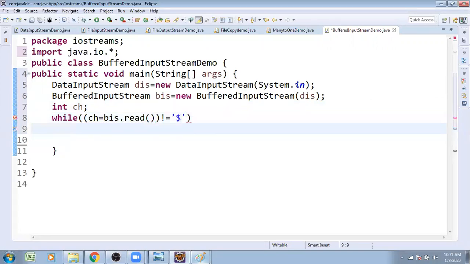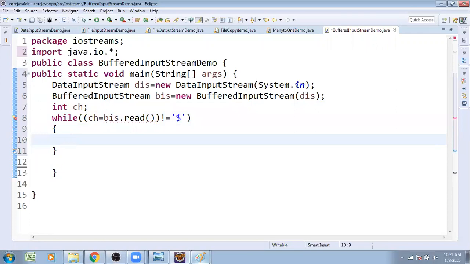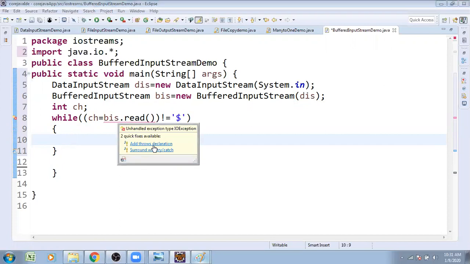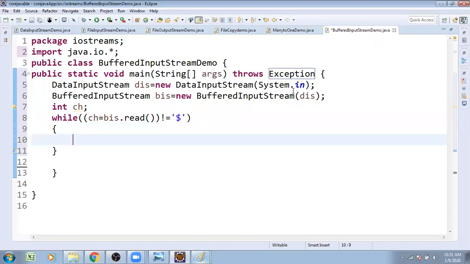Until and unless it takes the dollar symbol, the reading process continuously performs. It raises an exception, so add throws to the declaration: throws Exception. JVM is going to take care of that exception handling.